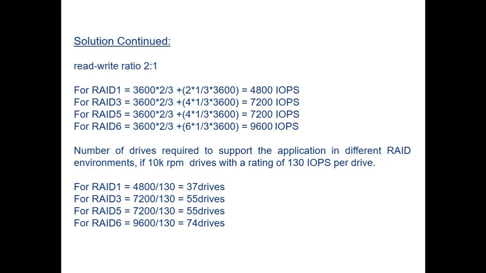We understood that RAID 0 is used for improved performance but doesn't offer any fault tolerance. RAID 1 uses mirroring. Nested RAID combines the benefit of both RAID 0 and RAID 1. RAID 3 and RAID 4 both use dedicated parity. The difference is that RAID 3 reads the entire stripe of data at a time with parallel disk access, whereas in RAID 4 you can access individual disks independently. RAID 5 doesn't use dedicated parity, rather it uses distributed parity. RAID 6 is similar to RAID 5, but it uses dual distributed parity.